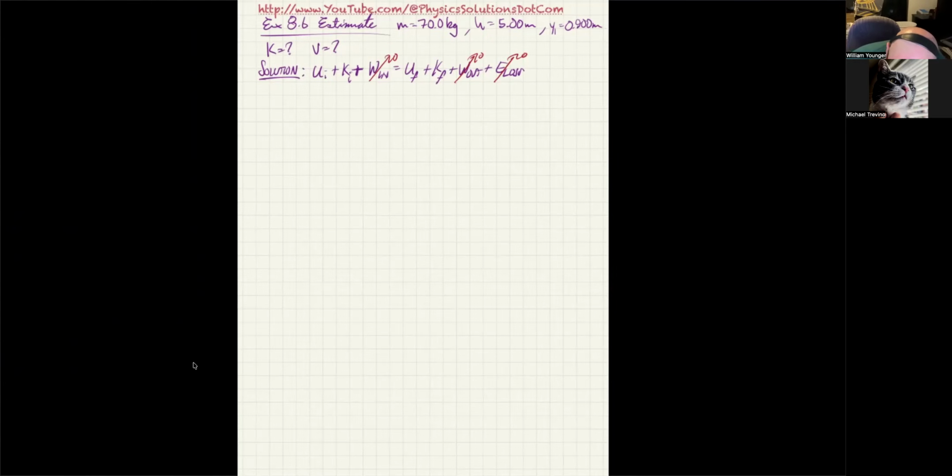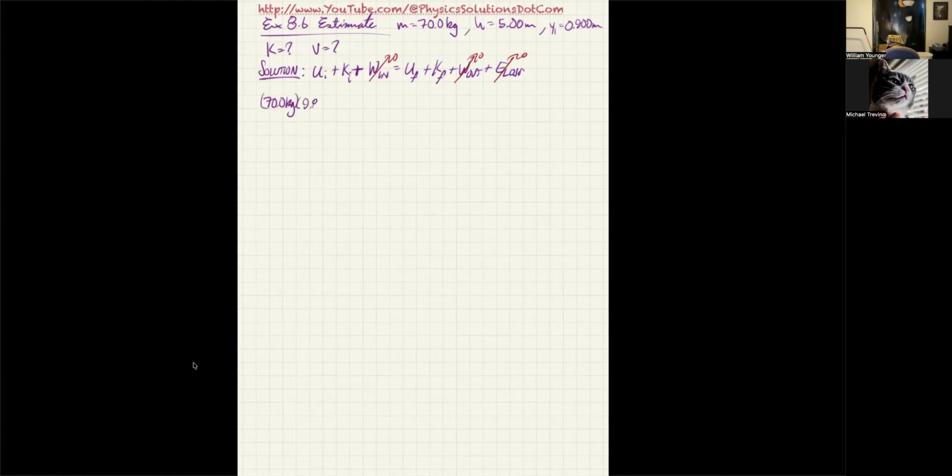So the kinetic energy initially is basically whatever kinetic energy we want. That's the one we're working for. But the initial potential energy, I can't say that's zero because she has a center of mass that is 0.9 meters above the ground. So I'm going to go ahead and write in all the terms. I'm going to say 70.0 kilograms